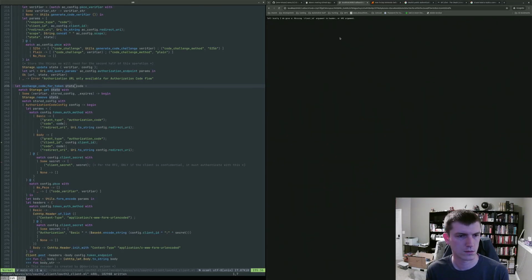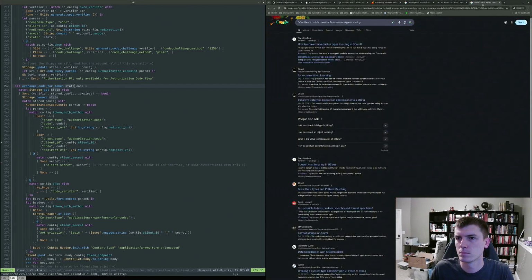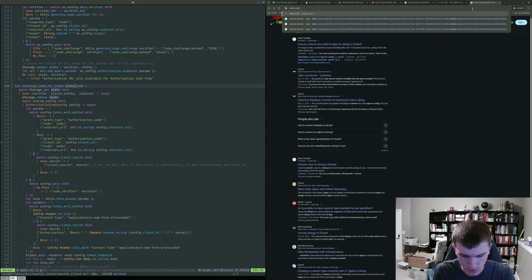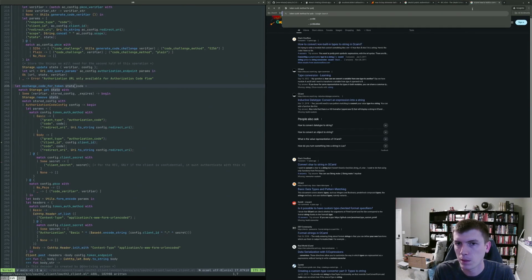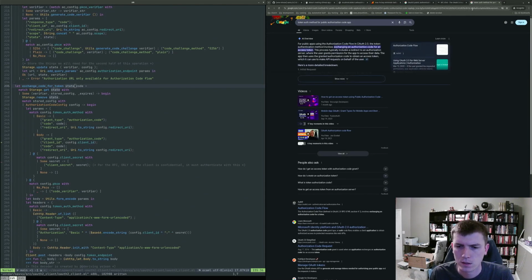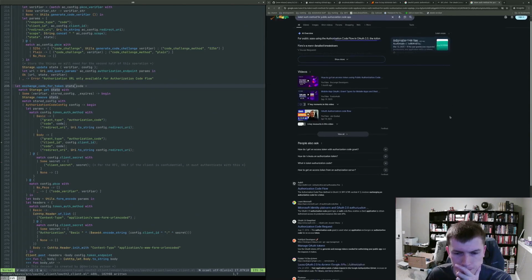But I have the client ID. Should I maybe still be encoding the token auth method for a public authorization code app? Yeah, that doesn't make sense.